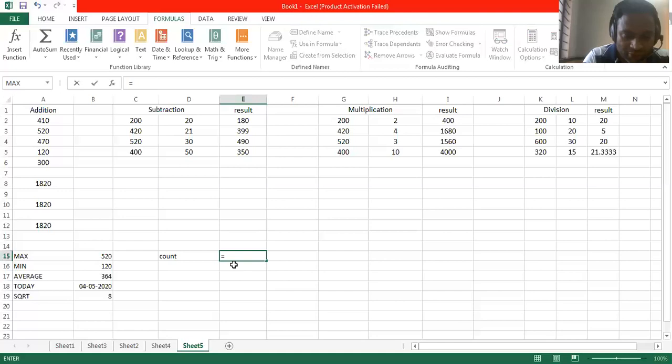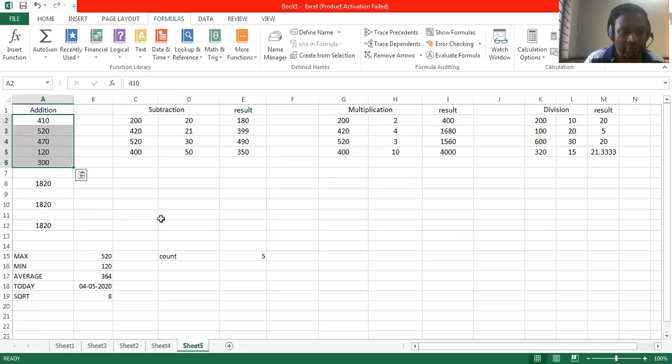Equal to COUNT, count of the cell addresses A2 colon A6. So you can see here I have collected all the cell addresses from A2 to A6, and then press enter. Then automatically the number of values, how many values I have entered, is displayed over here. And coming to the next topic, that is about how can we apply the formulas using insert function